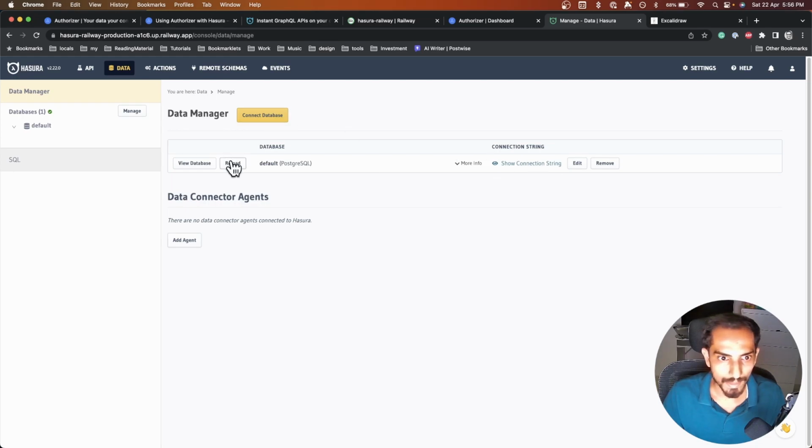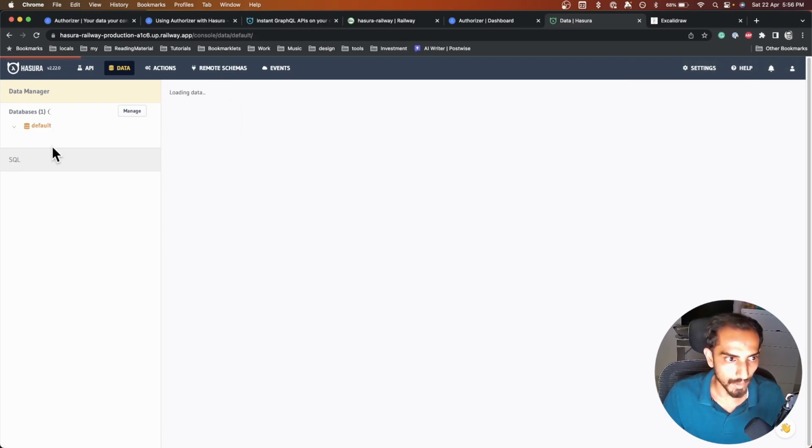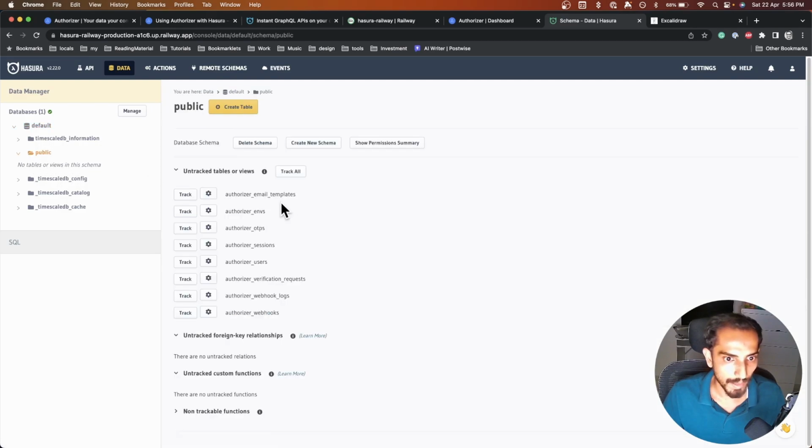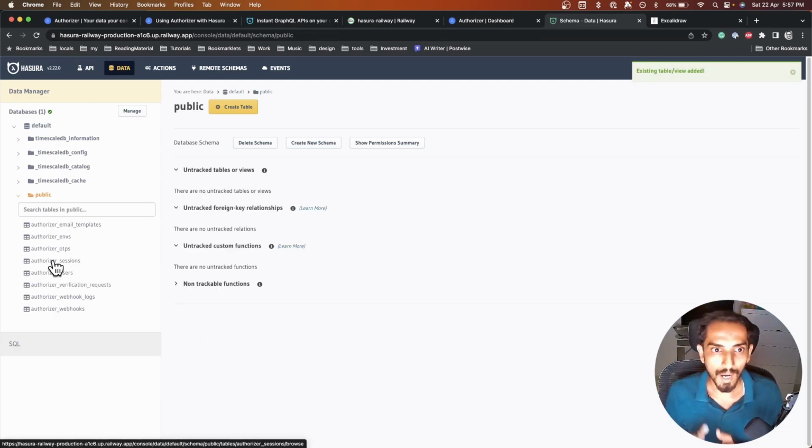and I can just say reload the database. So the data source was reloaded correctly, right? And if we open the public database, you will see that we have this public information, and all these tables that are created by Authorizer. Now if we track all these tables, it will create a GraphQL API for all of them. So let's do that. All right, so now that we have our Hasura and Authorizer up and running on Railway,